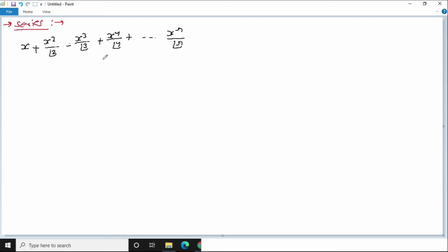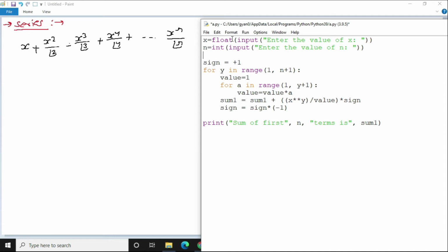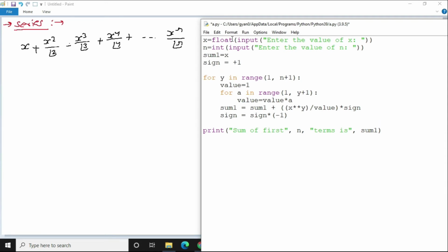Now how you are going to calculate sum of this series? Let's try it. Here instead of writing sum 1 is equal to 0, we should start from sum 1 is equal to x. Okay, and instead of starting the range of y from 1, we can start it with 2. Okay, now I think this is perfect.